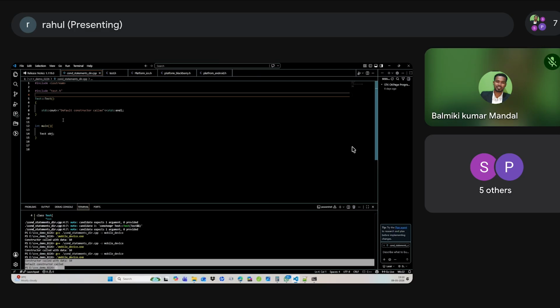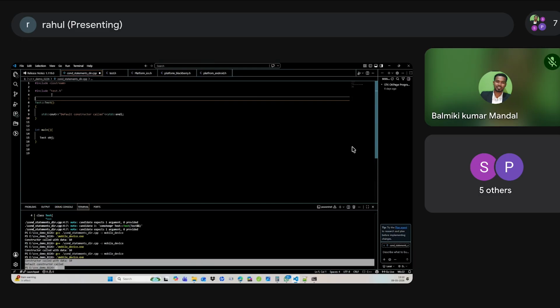Then one more question I have. All the functions should have a return type, right? Void or int or float, double. But the constructor is a kind of function call, and it doesn't have any return type, right? Yes, it is a special member function just to initialize the values. Exactly. So this is a key point. A constructor is like a function, but it will not have any return type.